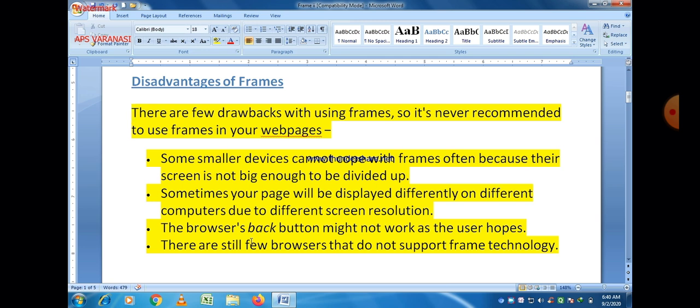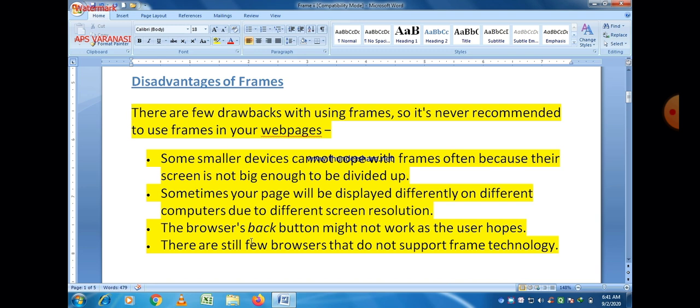And the third point is the browser back button might not work as the user hopes, and there are still a few browsers that do not support frame technologies. So these are the main disadvantages of using frames. First of all, a few browsers don't support frames.